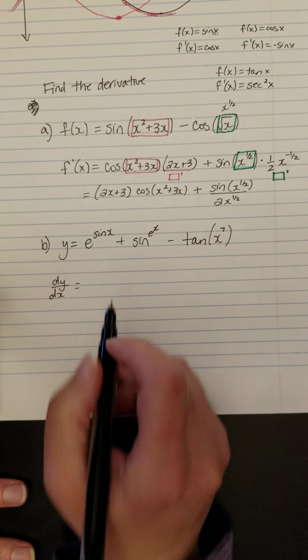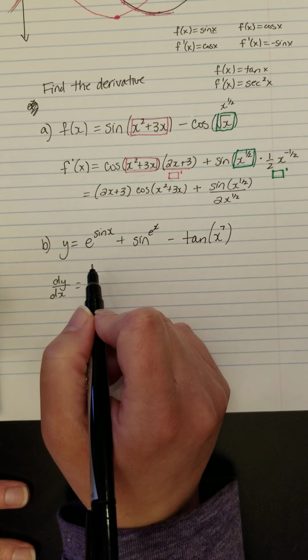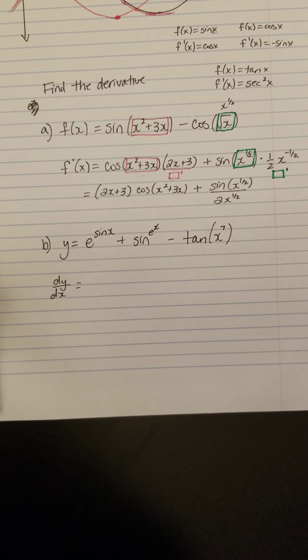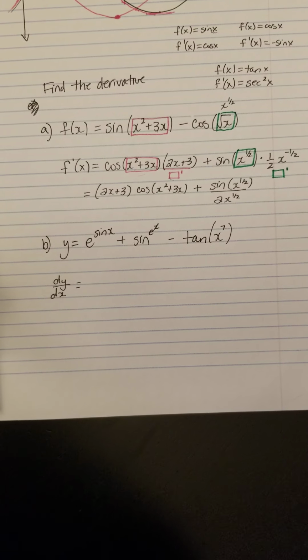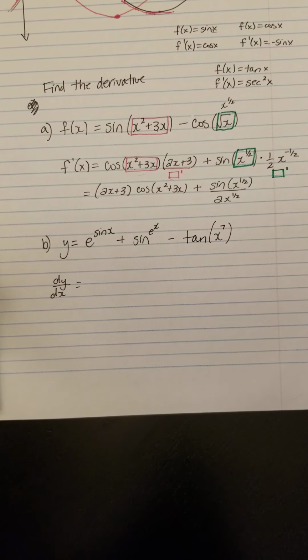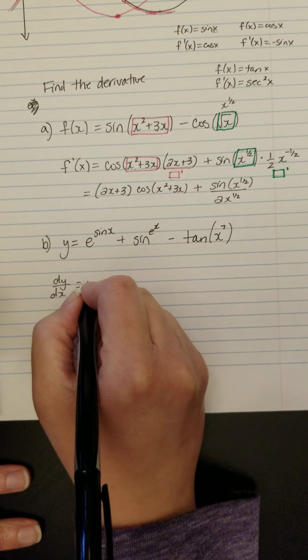My first piece of this function is e to the exponent sine x. From the exponential function examples, we know that the derivative of e to the anything is e to that same exponent times the derivative of the exponent. So I'm going to keep this the same,